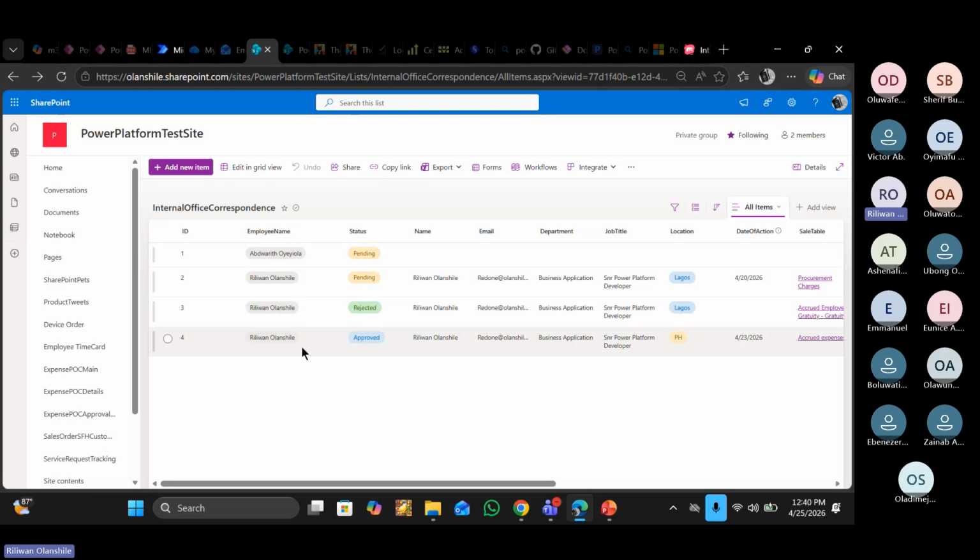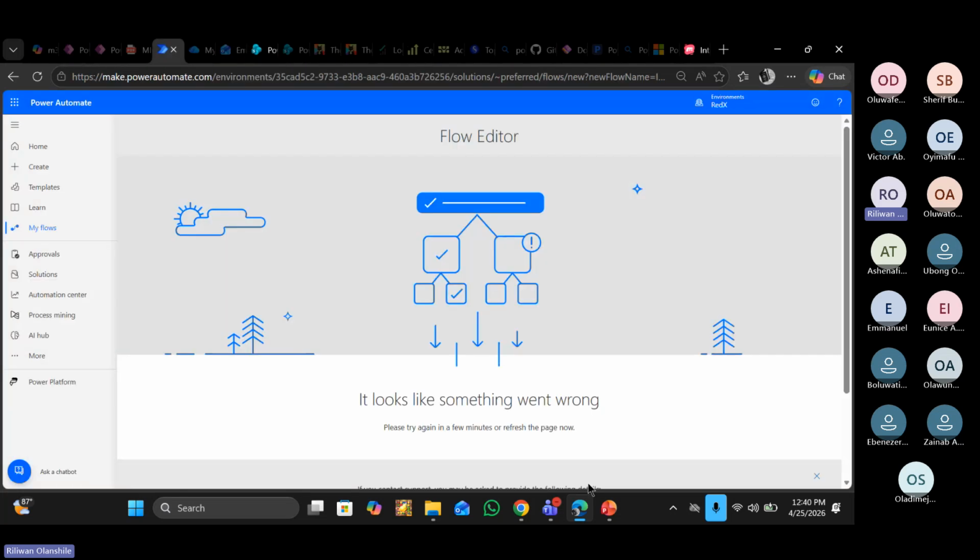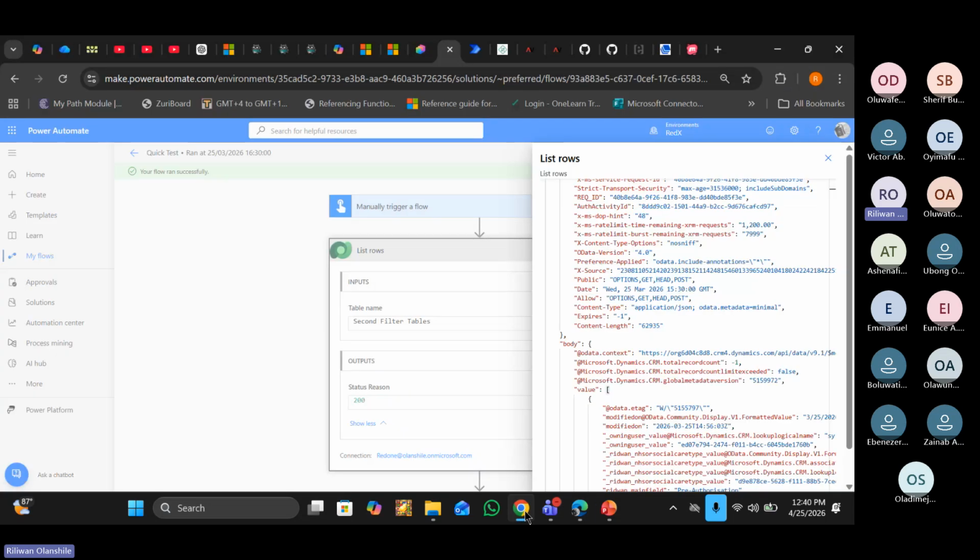If I say get me where it is equal to Approved, I know I have only one item here. But because Power Automate understands that the action you are using can return multiple items, it by default returns an array, regardless of whether or not you have only one particular item in there. So I just wanted to touch on that a little.